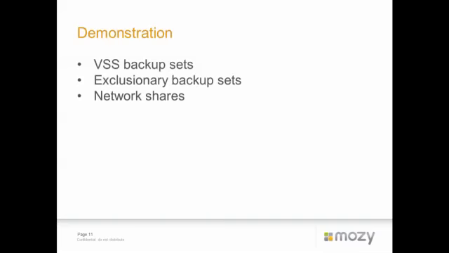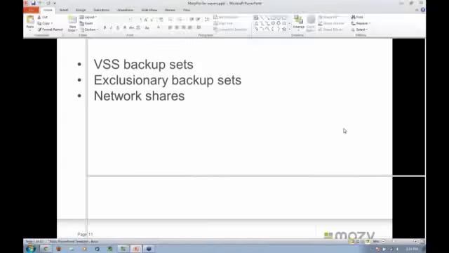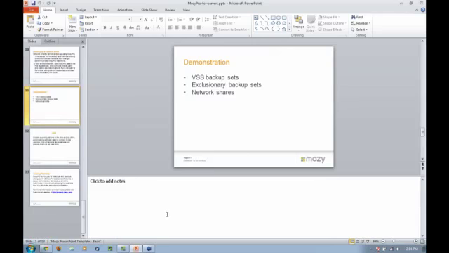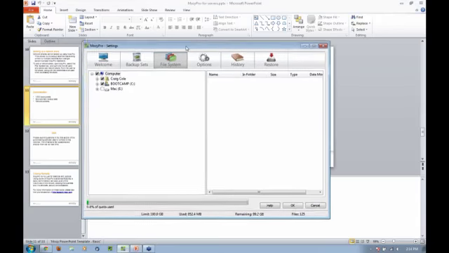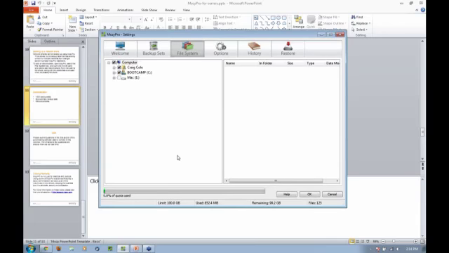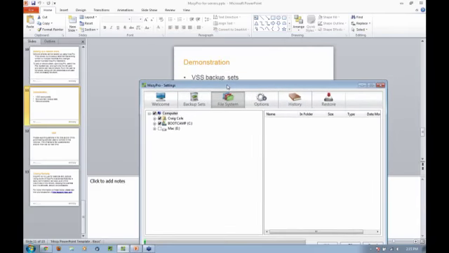All right, so one moment while I just jump out here. Let's start with just the VSS backup set. I'm going to open up my MozyPro settings right here on my particular machine. Now, I'm going to look at